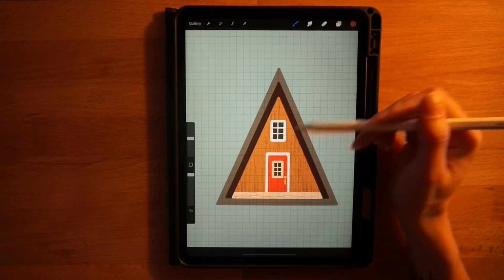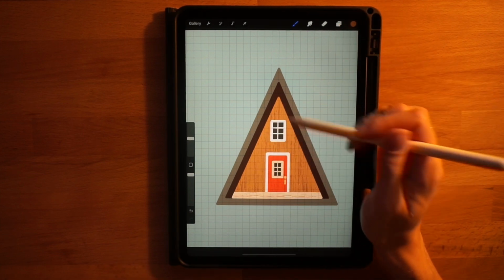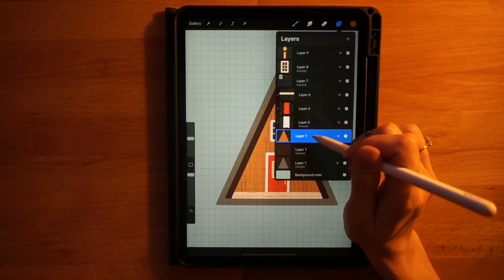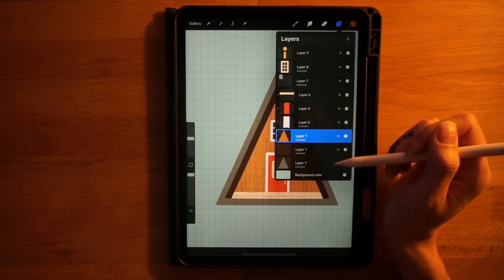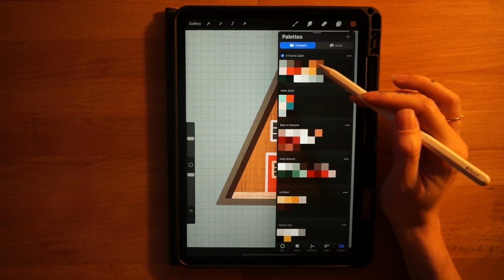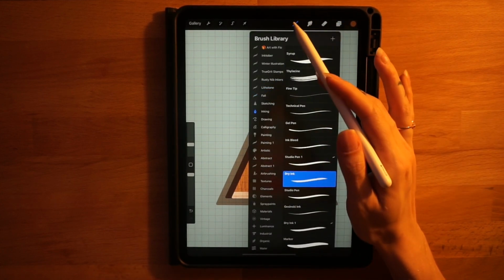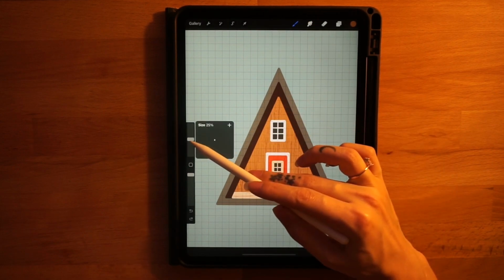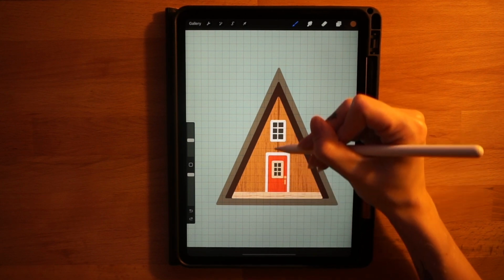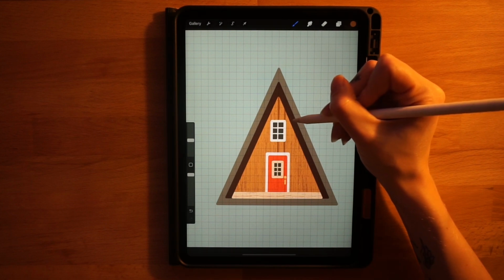Okay, we will use our 2D grid again now to add some more texture to our main light brown triangle here. So we should still be on this layer. Click on it, turn Drawing Assist on again, even though we just turned it off, but the same color, sixth one on the top row, and we are going to switch back to our dry ink brush. Let's change the size to maybe 25%, and I'm just going to start in the very middle here and draw a line straight up and down, and then I'm just going to go all the way down to the right, making another line